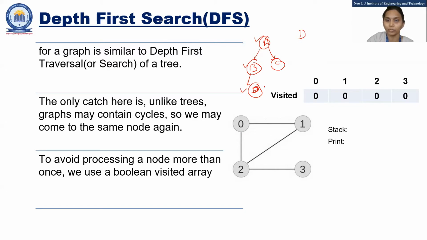Now go backward. So it is also known as a backtrack. So in depth first, we need to backtrack. From D, backtrack to B. Now check, does B have any further connection or not? If we have any further connection, then go in that direction. But here B doesn't have any child node. Okay, so B doesn't need to go down. So B has also completed its position. So B is also added.